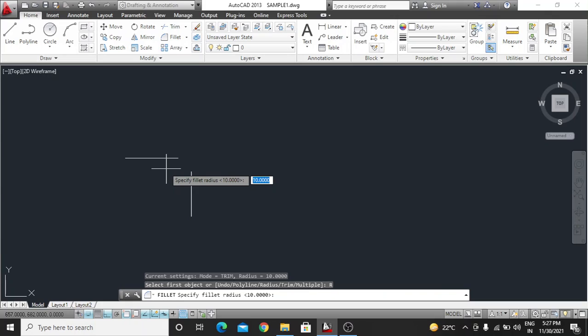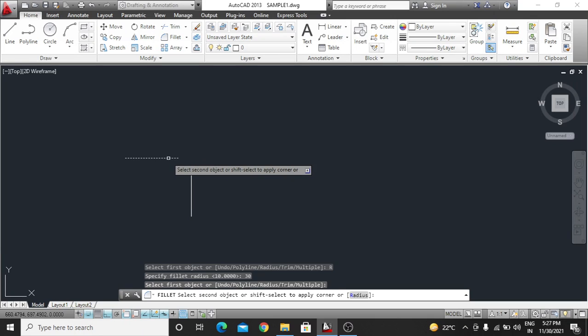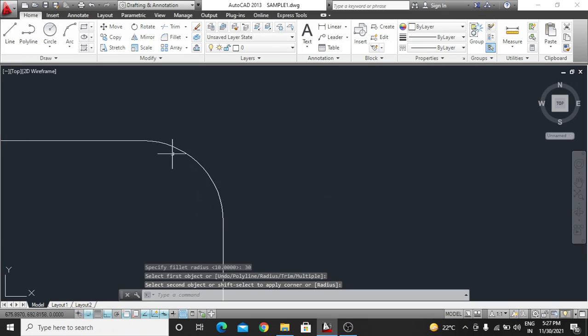Now it is asking for the radius of the arc. It will make an arc like 10, 15. Type 30, enter, and select the first object and then the second object, and it is done automatically.